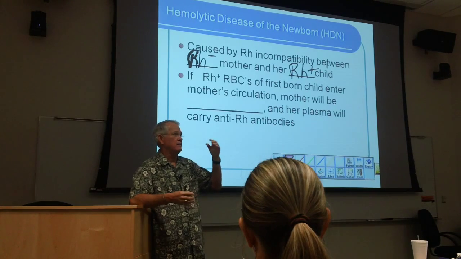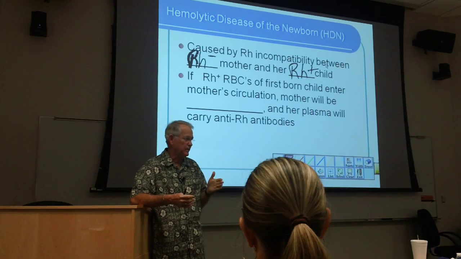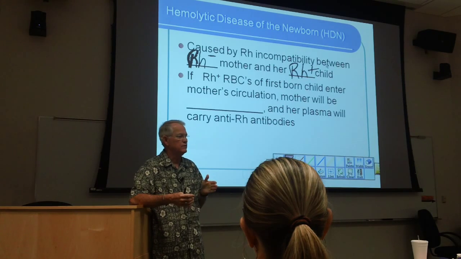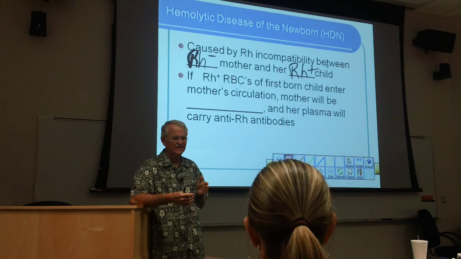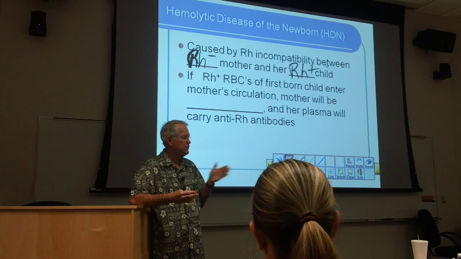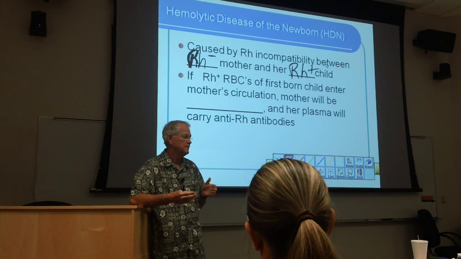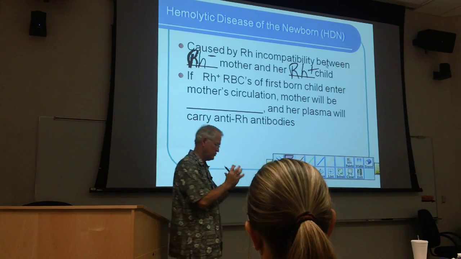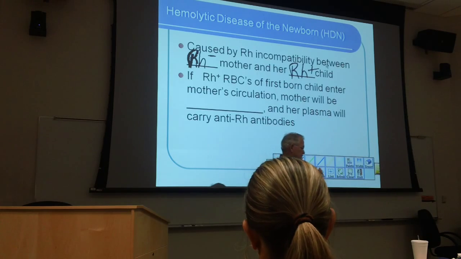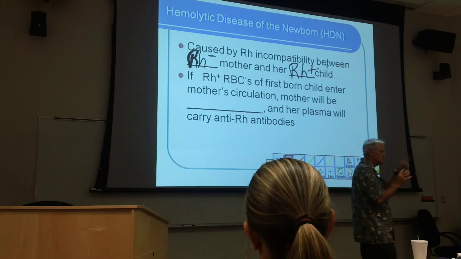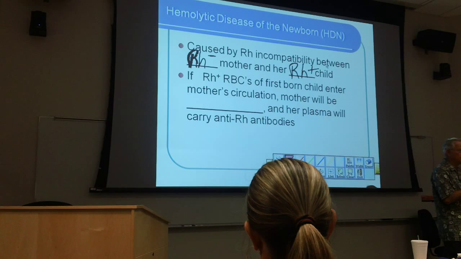That means that there's a probability that 50% of her children would be positive too. And let's suppose now that the first child that she's carrying is RH positive. Then, in her uterus, in her womb, she's got an RH positive child. Its blood is circulating through its cardiovascular system, through its blood vessels. Those blood vessels carry blood out